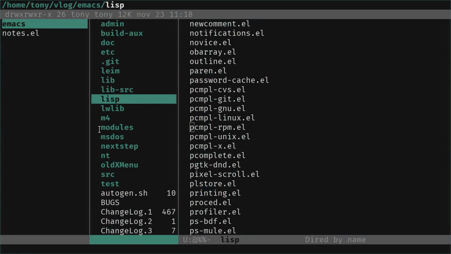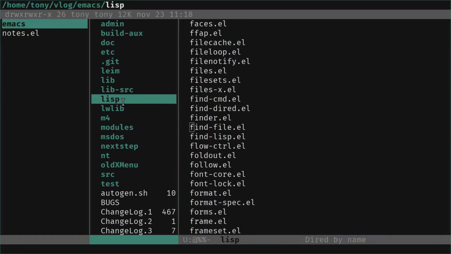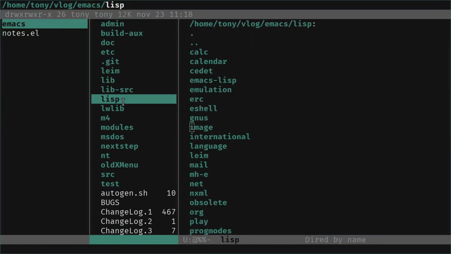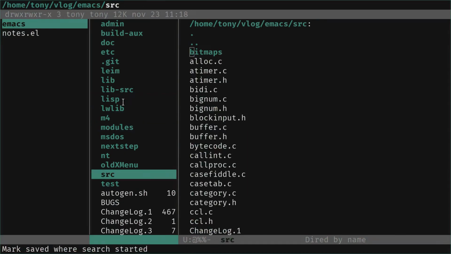We have the Lisp directory, and you can see all the files on the right. If we want, we can go to src. You also have in the source directory all of those C files.